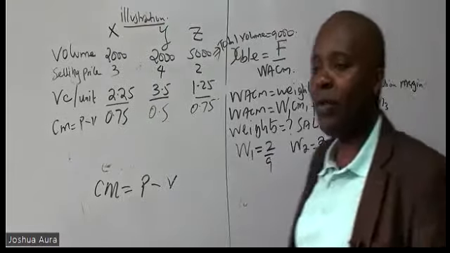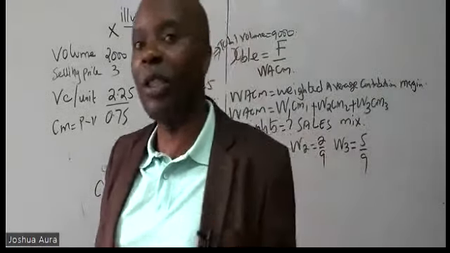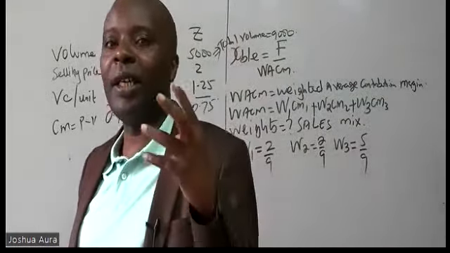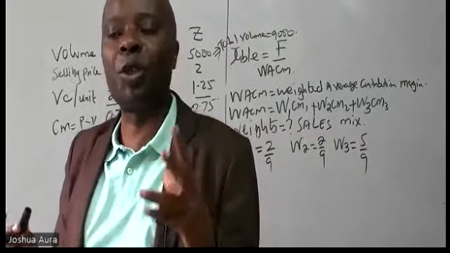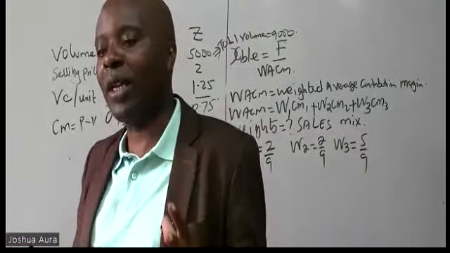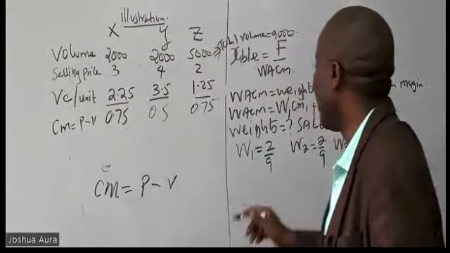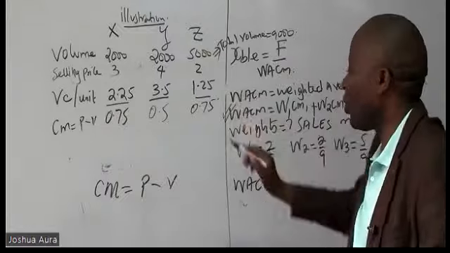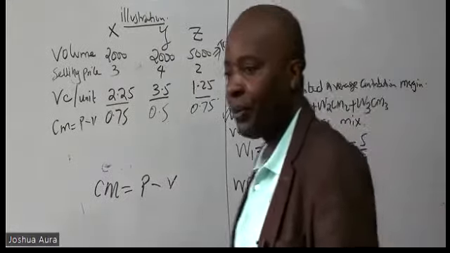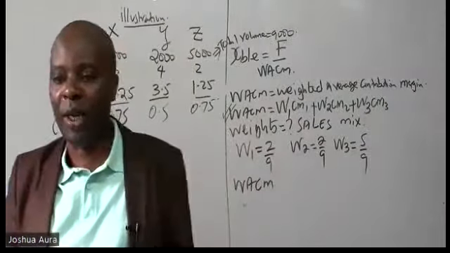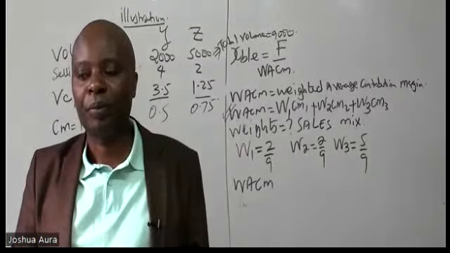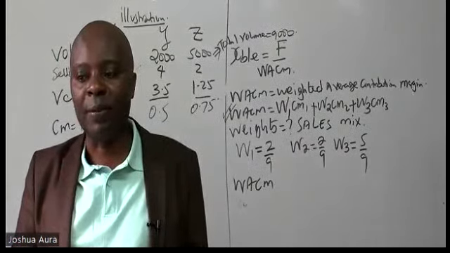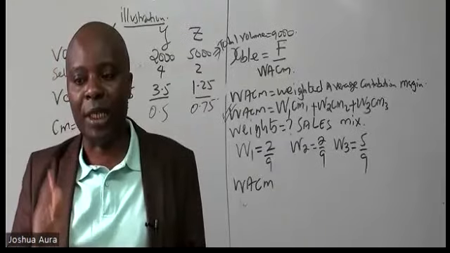Now, having gotten the weights, could you kindly combine the weights with the contribution margins to give me the working here? Given this formula, is there somebody who has already gotten the working? So Joseph is telling me 0.695,